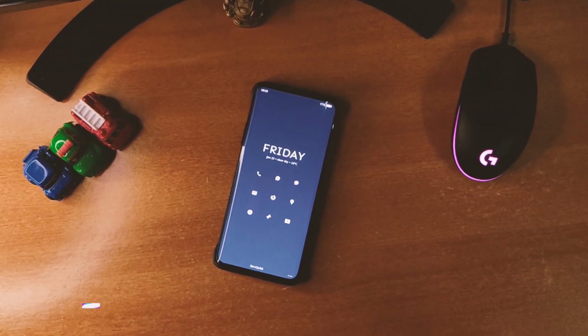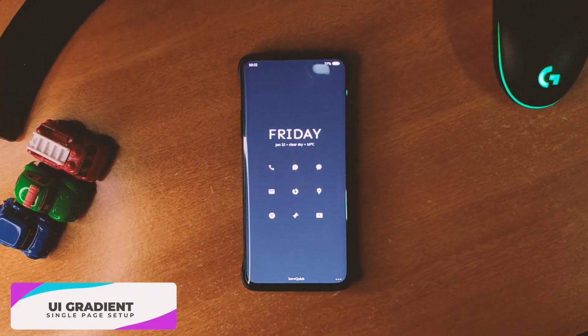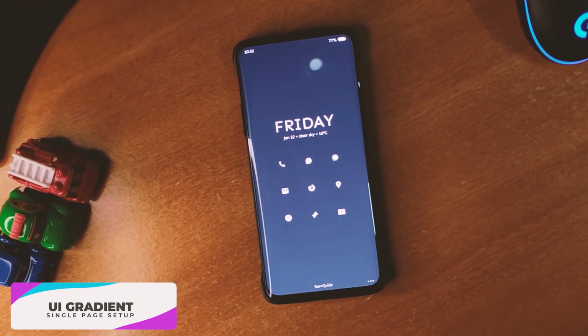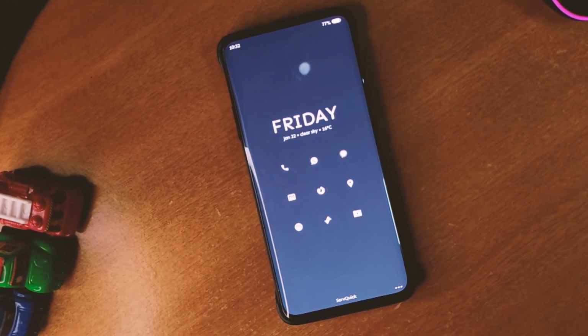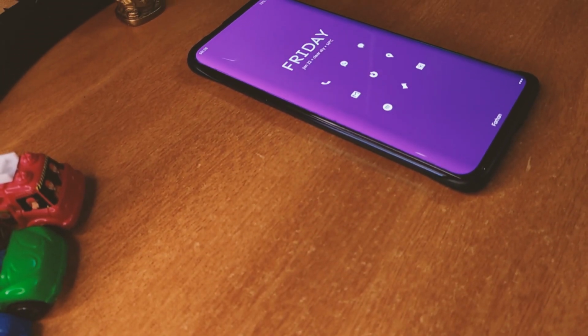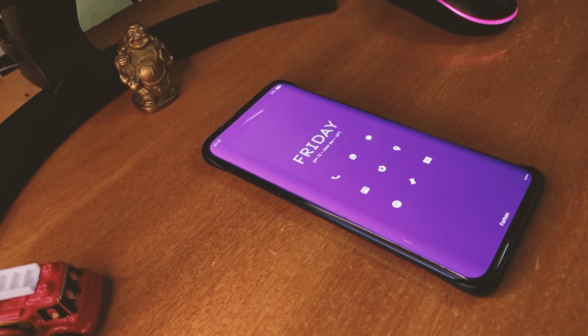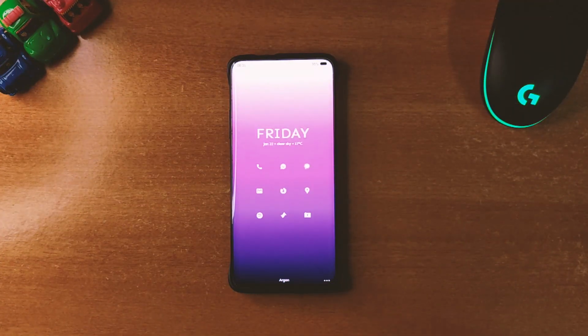The next theme is called UI Gradient and it's also a single page setup. It looks very minimal and clean as you can see here. You get some infos along with 9 app icons that you can customize to open any app you want. The unique thing about this theme is that you can customize it by one tap.